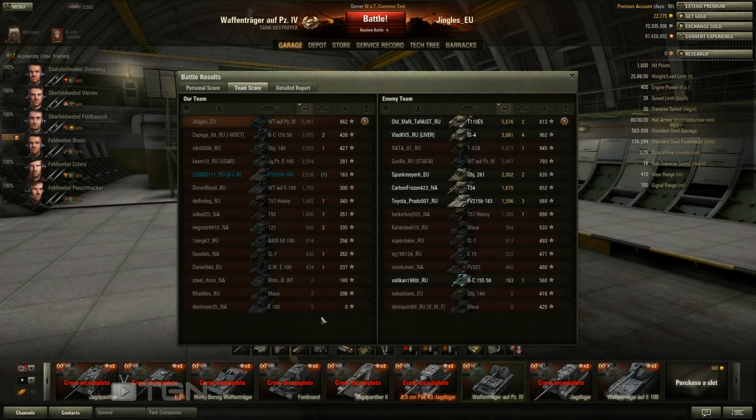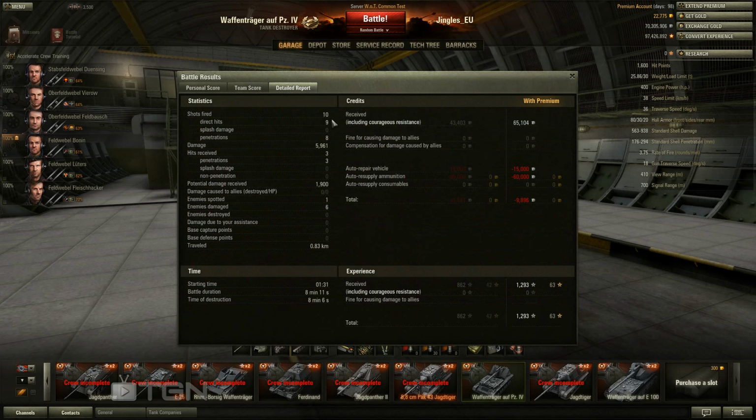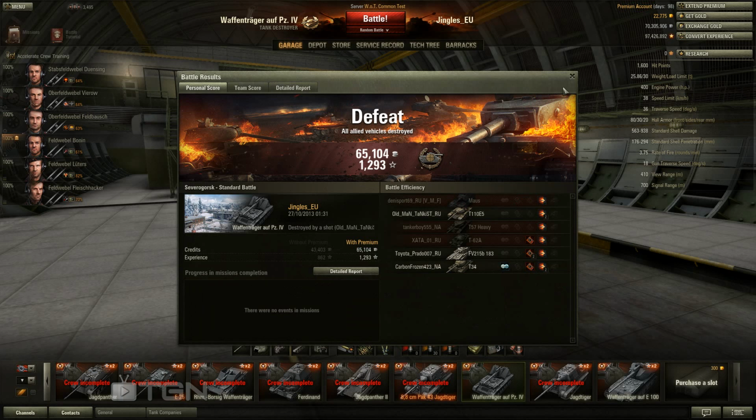6,000 damage done. Not too bad at all. And obviously with the 152mm gun, 10 shots fired, 9 hits, 8 penetrations, just short of 6,000 damage. Took 3 hits and died. There are no, potential damage 1900. You just die if you get shot in this thing,